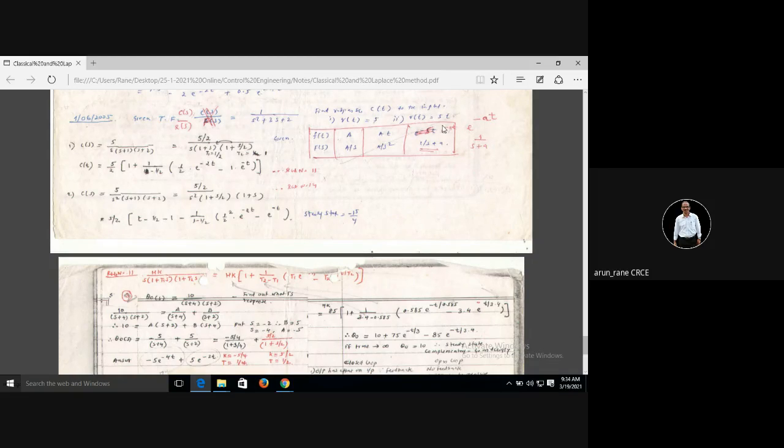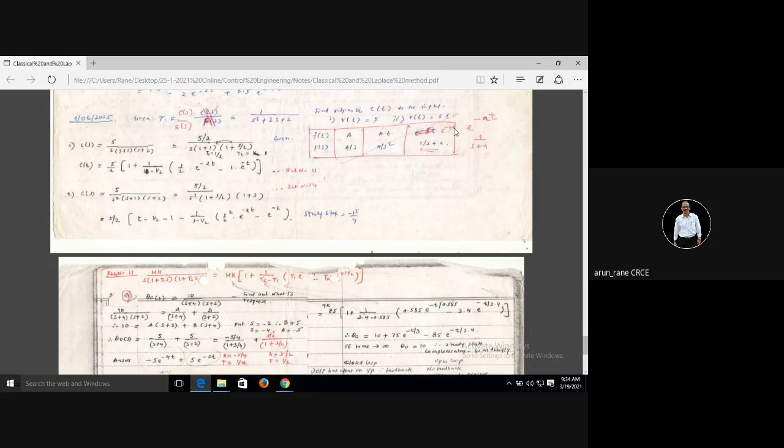So this is nothing but the ramp input. So now you know Laplace of this, that is nothing but h. So Laplace of h will be h by s. This is given, but I'm just telling you because this is simple. And what is Laplace of ht? That is nothing but h by s square. So if it is 5t, it will be 5 upon s square.